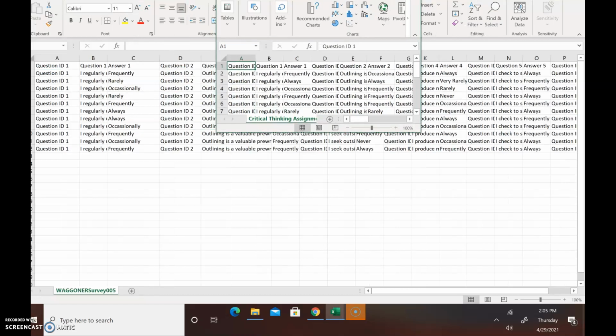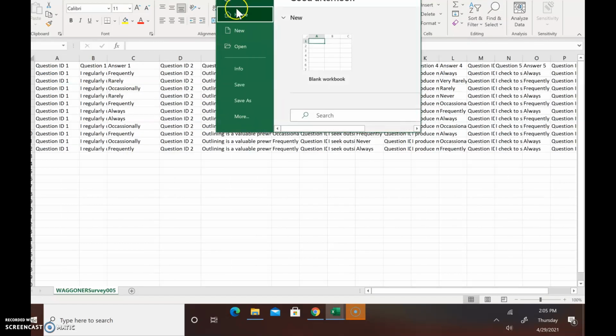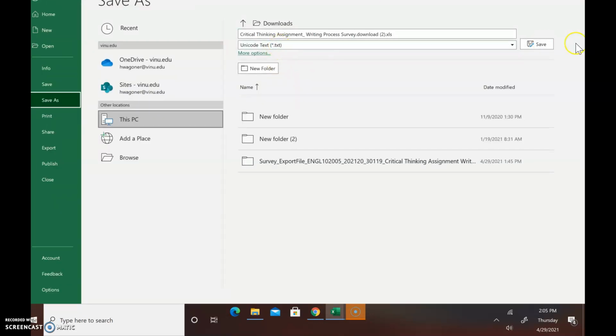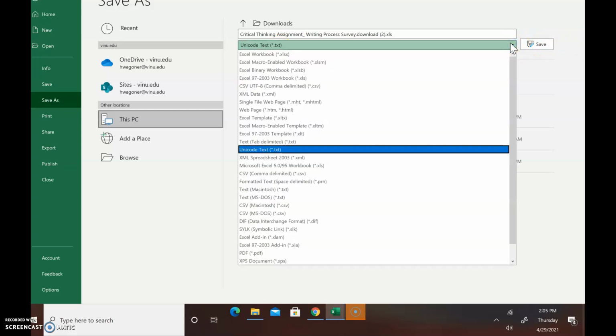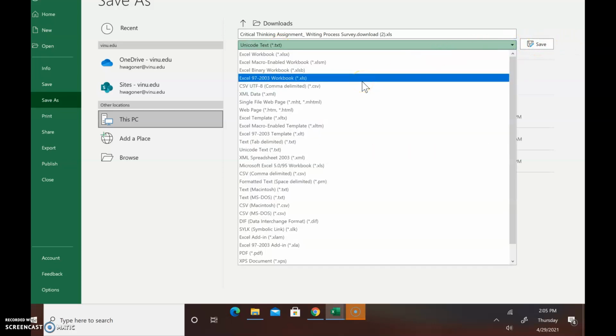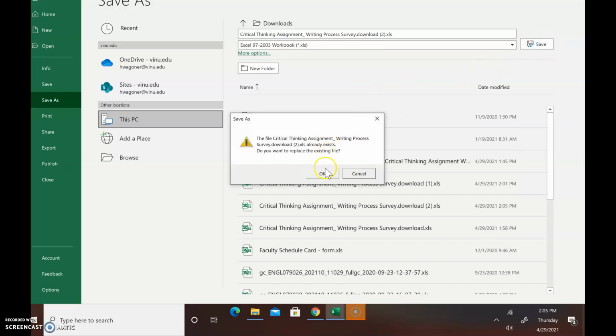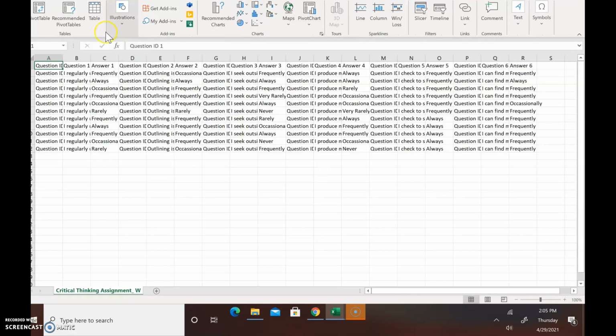the little system is kind of getting in the way. But when you save it, you will save as, you will find a spot, and so it has this weird thing. So you'll save it as, I like to save it as Excel 97 2003, and you can save it and then you can send it in that